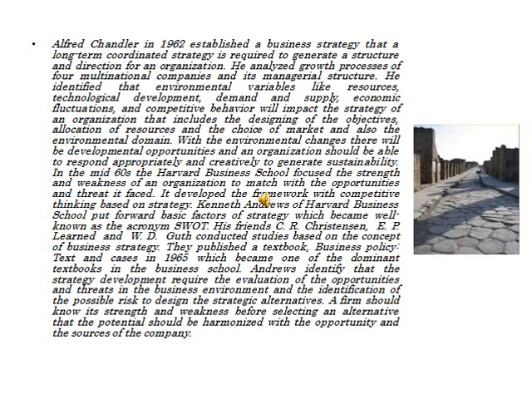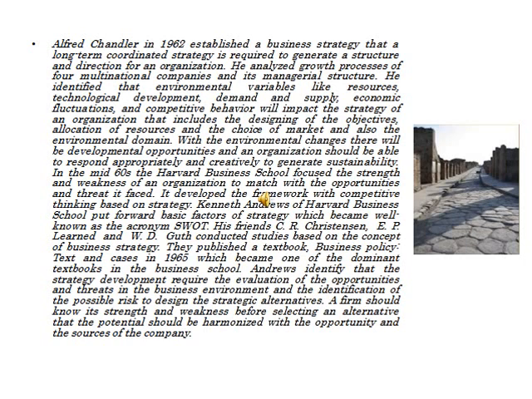His friends C.R. Christensen, E.P. Learned and W.D. Guth conducted studies based on the concept of business strategy. They published a textbook, Business Policy, Text and Cases in 1965, which became one of the dominant textbooks in the